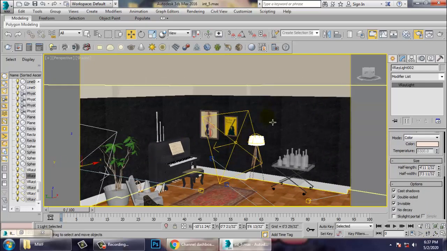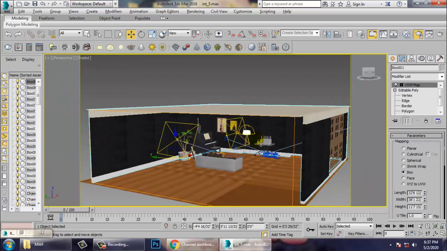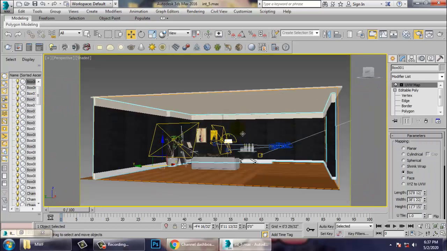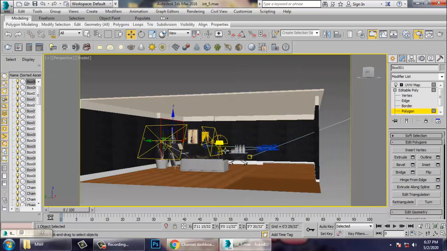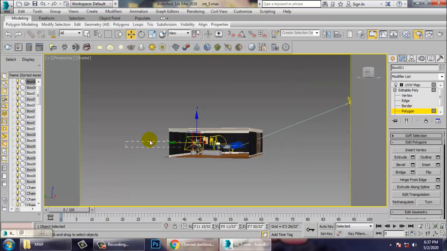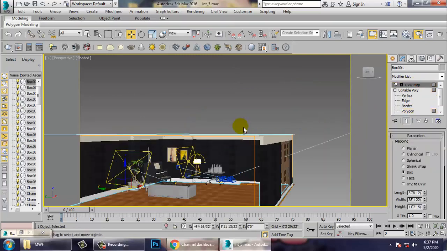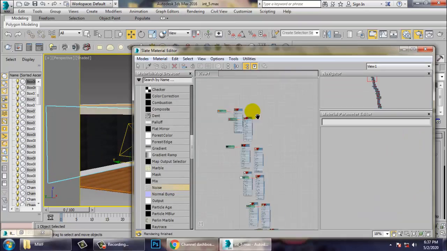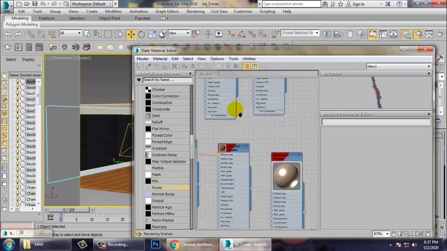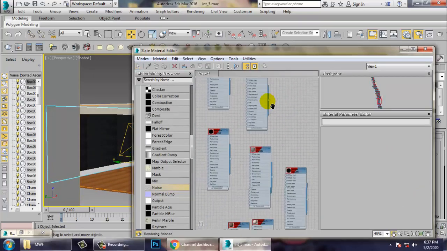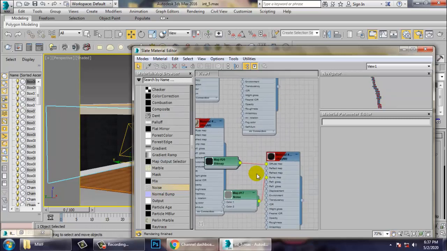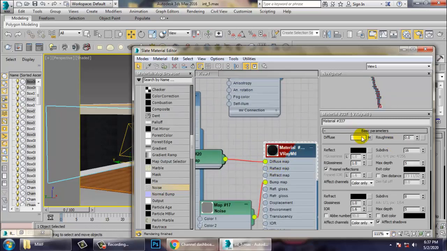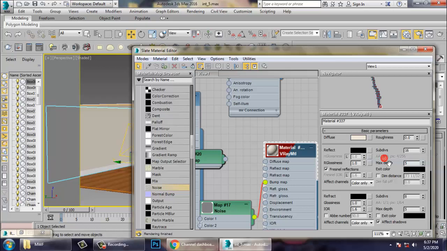Now, what I'm going to do over here is let's change the color of the walls. So instead of assigning a texture over here, I'll just remove this texture and give a bit of noise onto it.